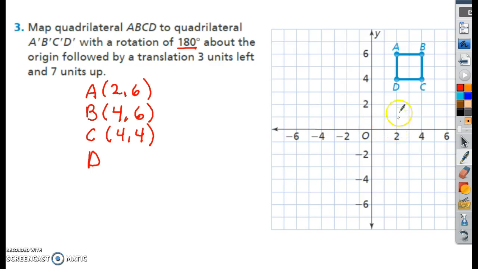And D is at 2, 4. So now that I know where my original points are, I want to think, where are my points going to land? And you can turn your paper upside down and look, because 180 degrees is just turning your paper upside down. So A prime, B prime, C prime, D prime, and really this is actually going to be a middle